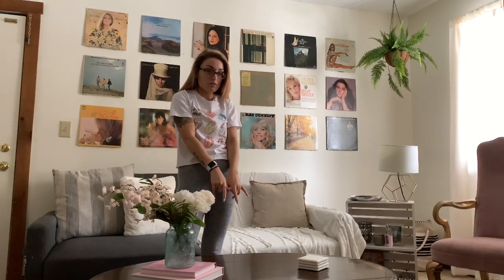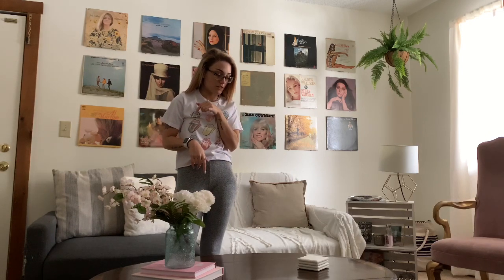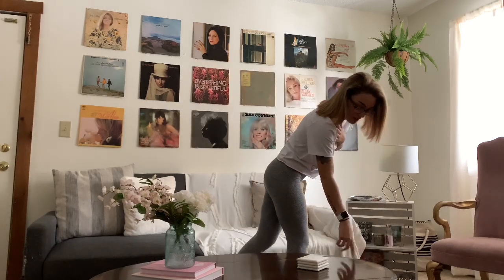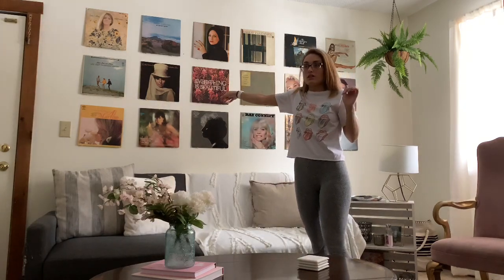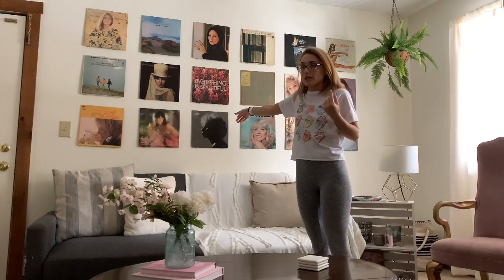The coffee table is from my mom. I don't know where she got it. I was gonna sand it down. I'll show you guys after, but there's actually gold detailing on it that I actually like, and it goes with everything in here. So a lot of girls on YouTube were doing, what is it, a gallery wall, but